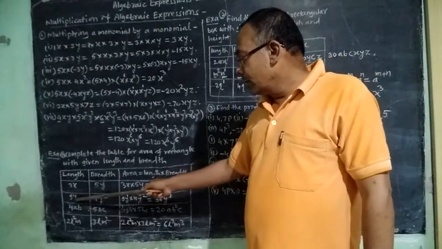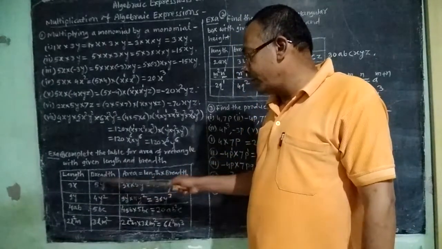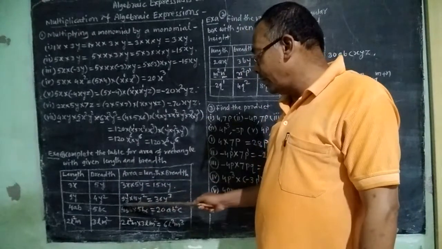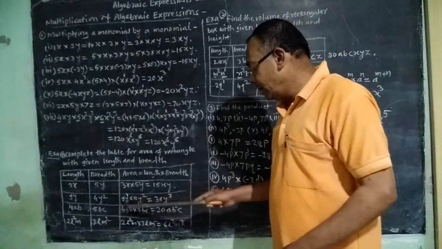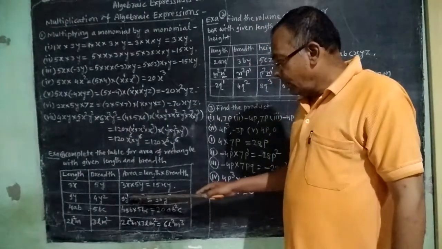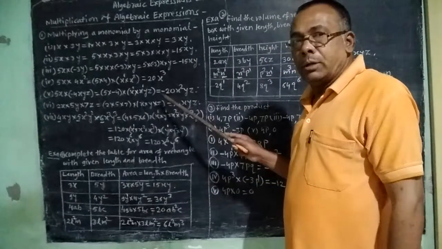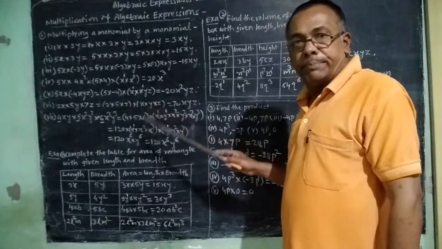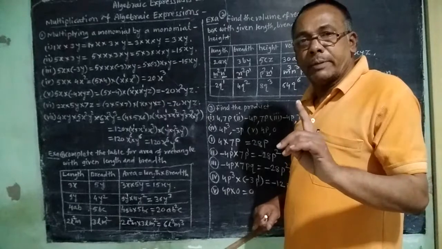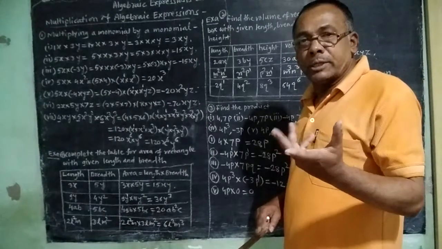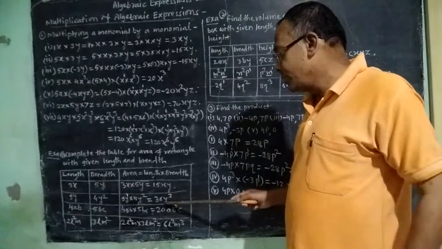In the second question it is given that 9y is the length, 4y square is the breadth, so area is equal to 9y into 4y square. Here 9 4s are 36, y into y square will be y cube. We have learned how to multiply: if the bases are the same, we write the base only one time and add the exponents, and 1 plus 2 is 3, so here we get y raised to 3, or y cube.